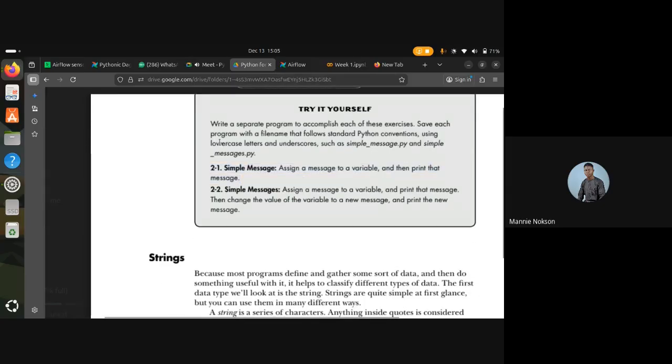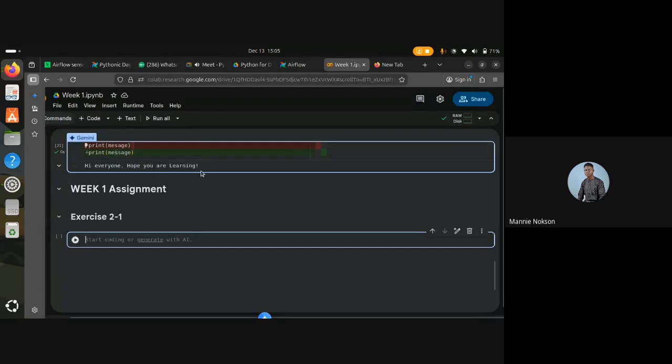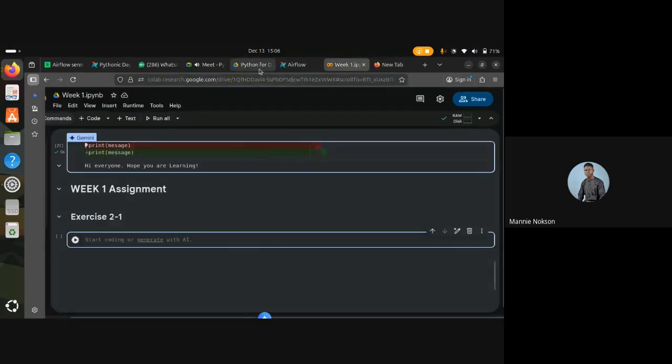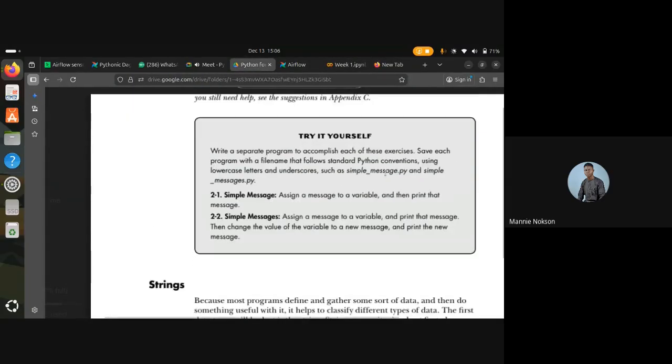Okay, so this says save each program with a file name that follows Python standard convention. Don't save anything. Just in the end, you download the entire thing. You're going to do them each on a separate cell. So on this cell, you're going to do 2.1. When you're done, you do 2.2, right? So let's do the first set together. So they said here,